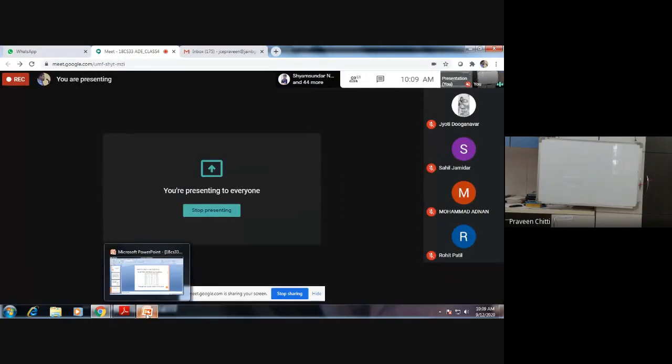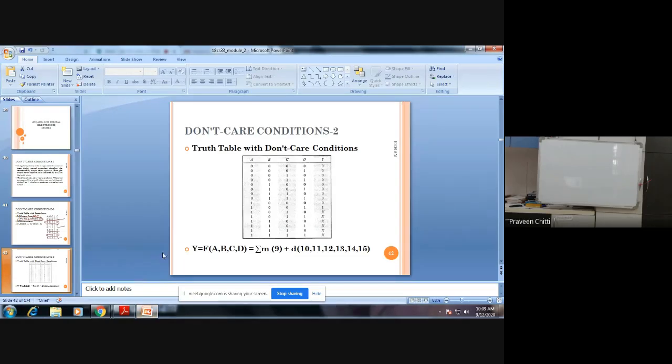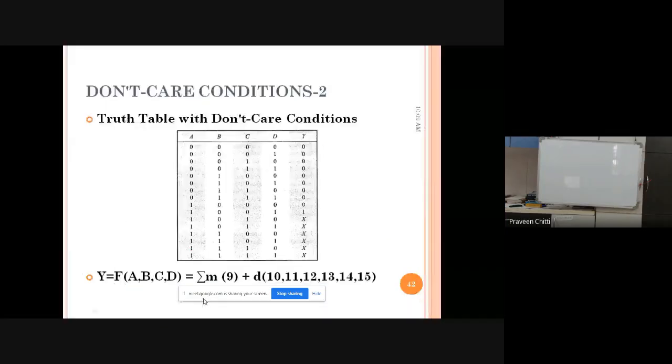Many people are joining now. From next class onwards, you have to join 5 minutes before or at the max at the time of class. Once the class starts, I am not going to admit anyone. You should be following the timing. Before the class starts, everybody should be there in the meeting room. Is that clear? Yes, Richa, Sakshi, Sejal, latecomers, next class onwards you should be on time. Okay? Yes, sir.